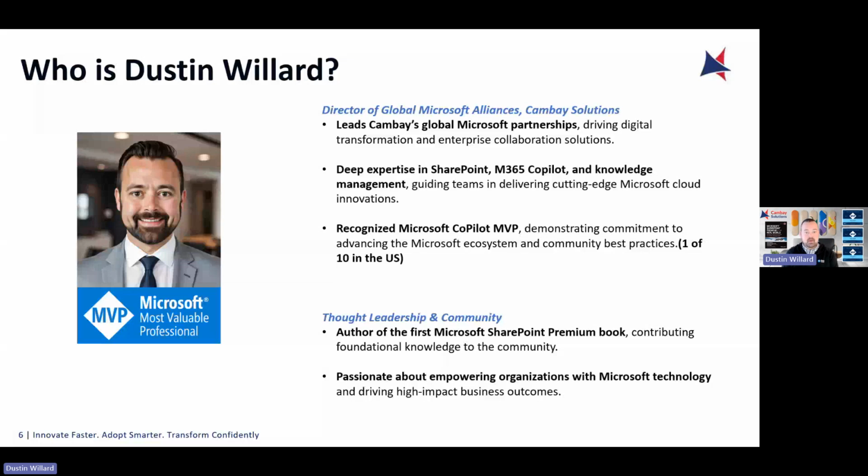And so deep expertise in SharePoint and M365 Copilot, but beyond that, I wrote the first book on SharePoint Premium, which is here in my back, that came out, I guess, a year and a half ago, with a few other folks, including Microsoft. And so that was really Microsoft's first stab at AI before Copilot came out.